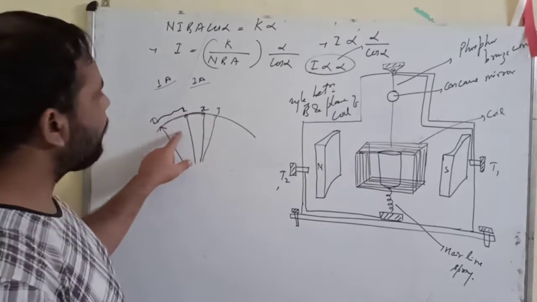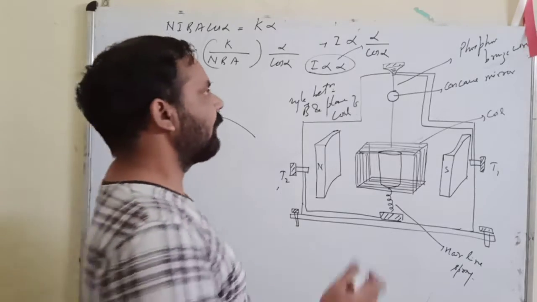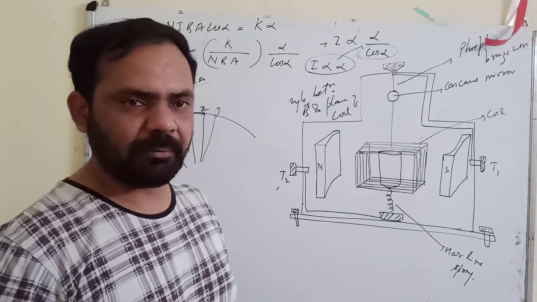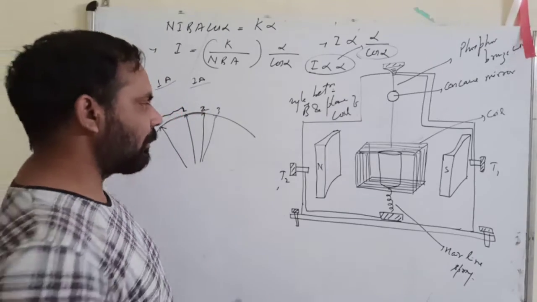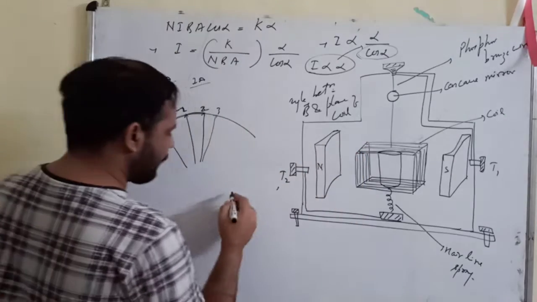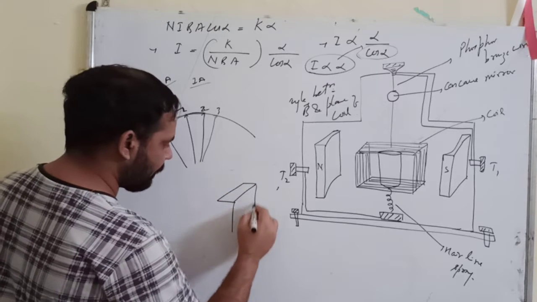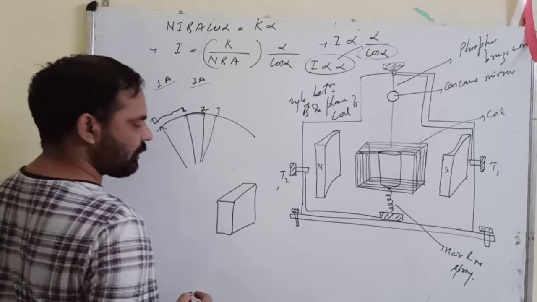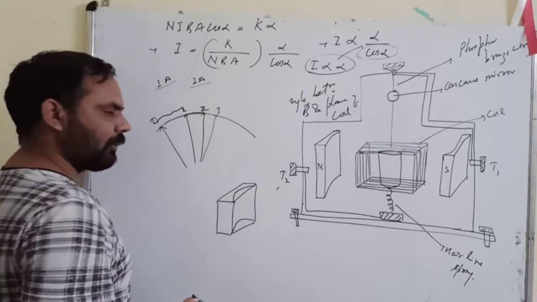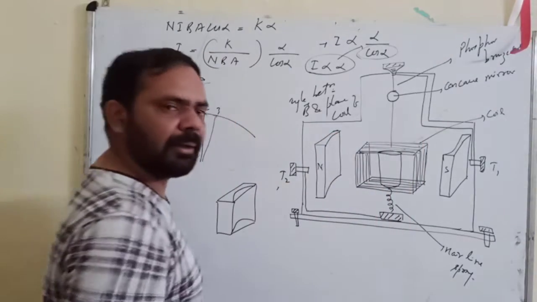Okay. So what you need to do is to make it a linear scale so that we can easily measure the current. We need to remove this part. We will have to remove this cos alpha from the formula, and for that, if you have observed here, the bar magnet is not a straight magnet, it is not like this. Which shape is it taking? Like this. Okay, a curved magnet, a concave faced magnet is used here.